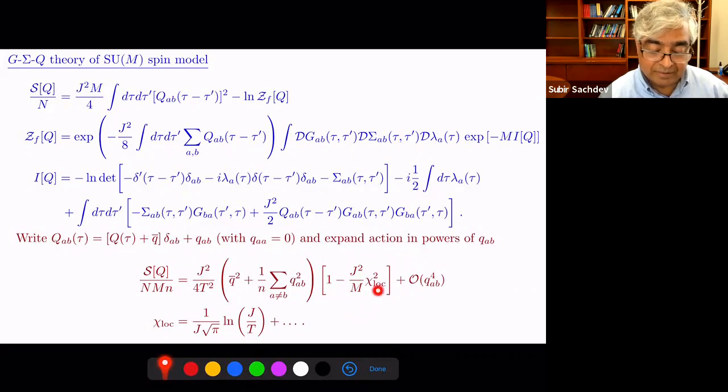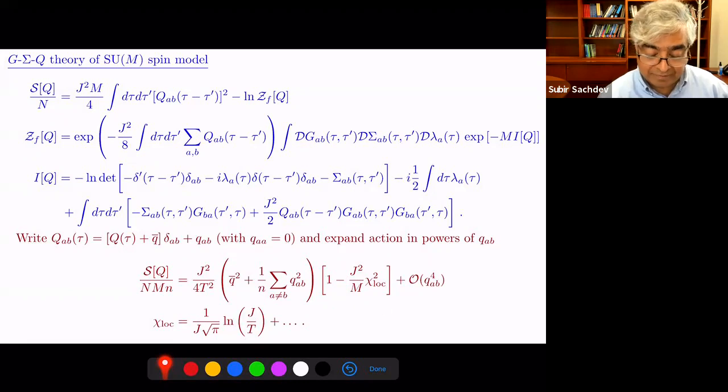This term, this chi-log, is basically the zero frequency real part of the susceptibility I had earlier, and you can evaluate it in the SYK model. It's got a logarithmic divergence as T goes to 0. And notice the 1 over M. So at M equals infinity, this is not there, and that's why there's no spin glass order. This comes with a positive coefficient. But now you notice that no matter how large M, as T goes to 0, this term diverges.